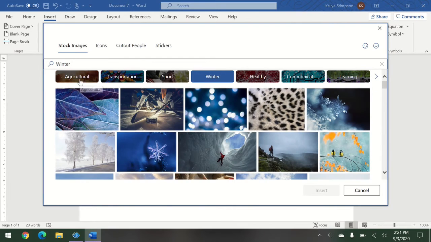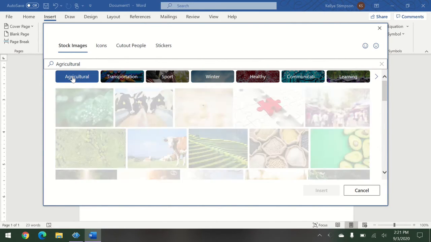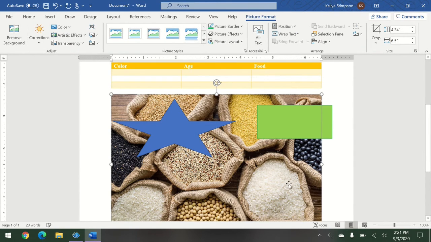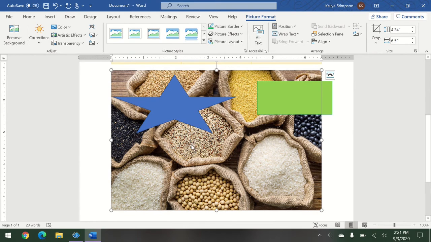Let's see. We'll do agricultural. There you go. So see, you can insert it. And this is something that I'm glad this did this, because this is something a lot of students don't know how to do. When you insert an image,